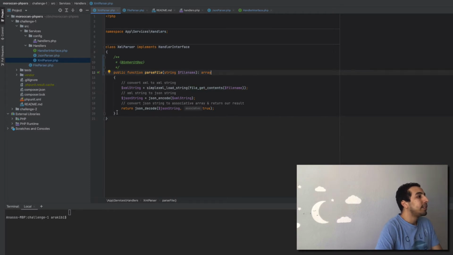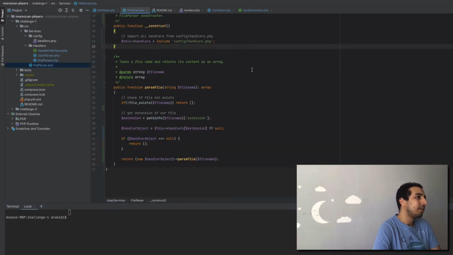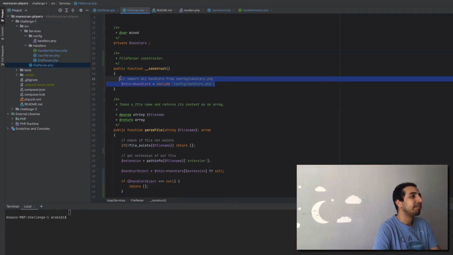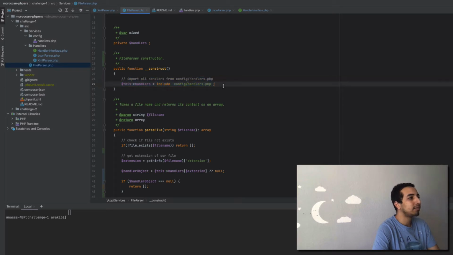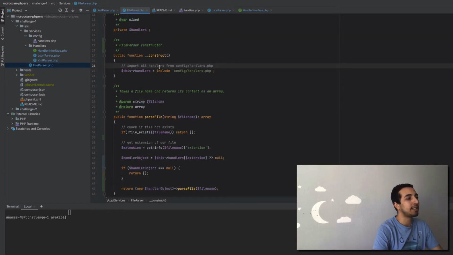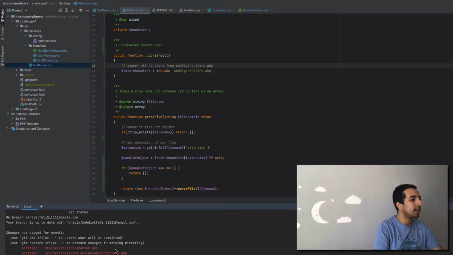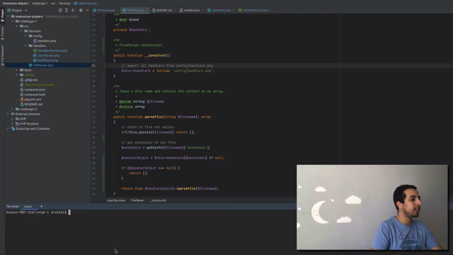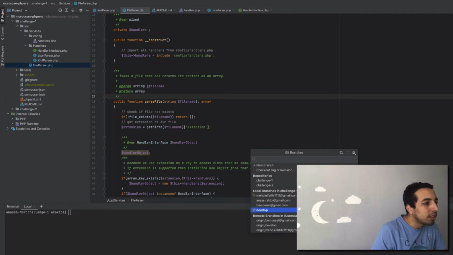Okay, so this is the solution provided by Mehdi. I will give it a 5 out of 10 just because of this line. Sorry for that, Mehdi, but nice try, and try to get rid of or avoid using include when it comes to classes. Now let's get back, check out all of this, and see the other branch, the other solution